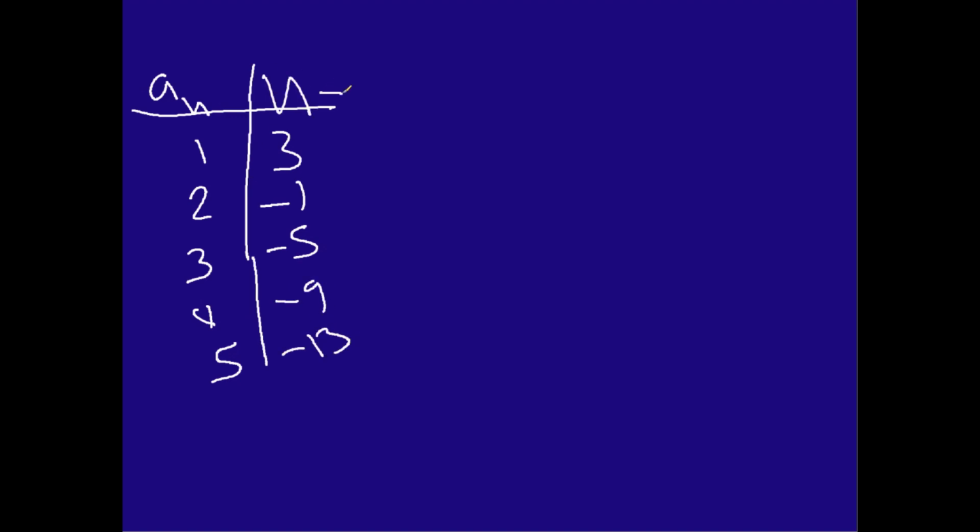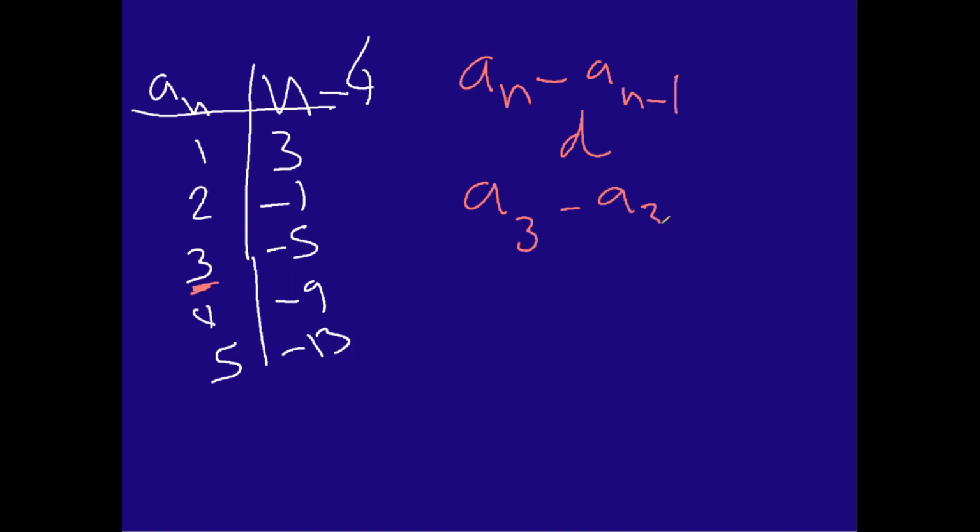Well, this is pretty clear. It's n minus 4. You can see right there. And so again, if we use the same formula as last time to figure this out, instead of relying on our intuition and our experience with numbers, it's a sub n minus a sub n minus 1. That'll give you your difference. So using my third term again, because I just love that one, a sub 3 minus a sub 3 minus 1 will give me my difference. So a sub 3 is -5 minus